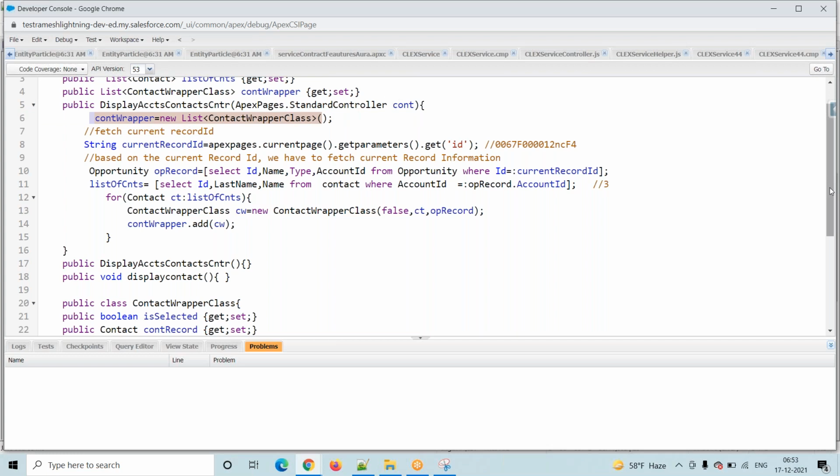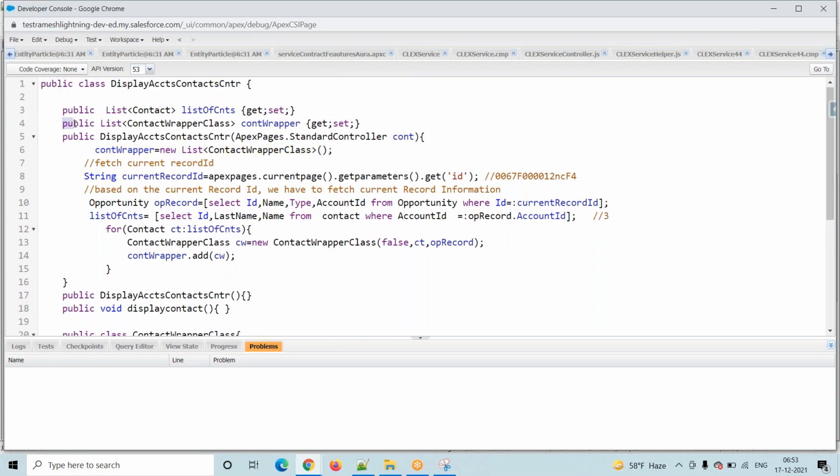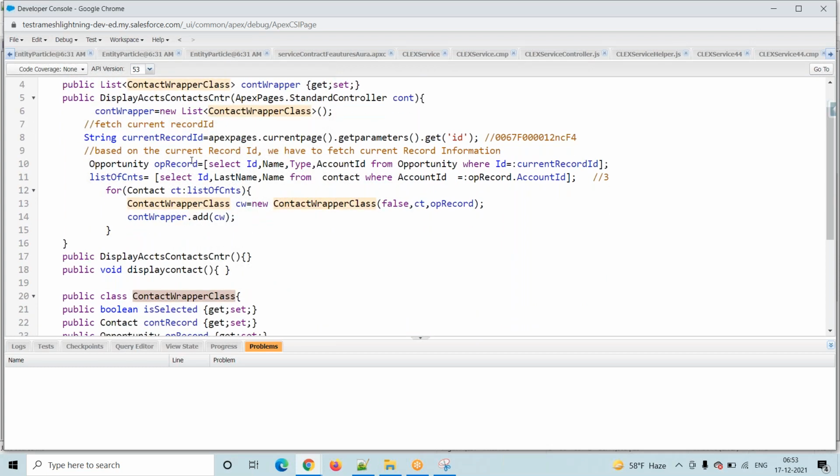At line number 4 we are declaring one variable: public list of contact wrapper class, with this class name, and this is my variable name. Here we are creating an instance: contact wrapper equals new list of contact wrapper class. Now to that list we add the first contact record.